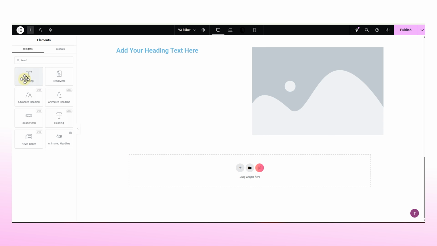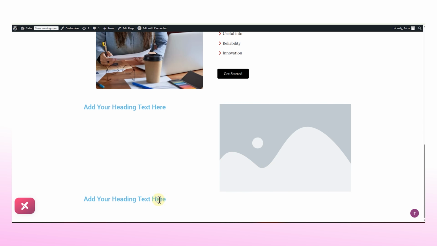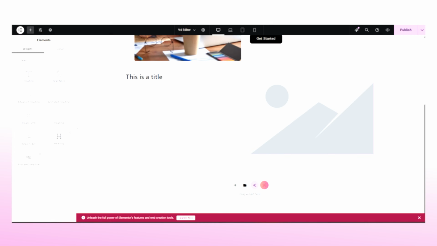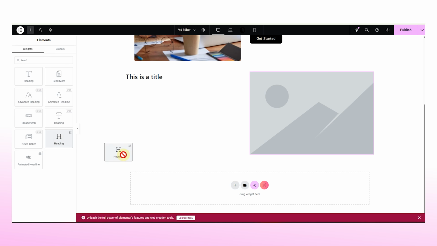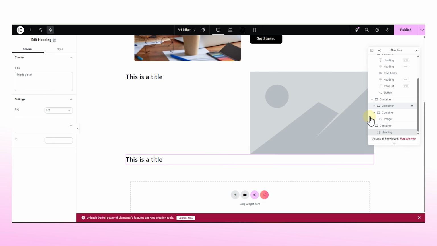In v3, pages are heavier because widgets had bulky code and multiple nested layers: sections, columns, and inner sections. In v4, everything's cleaner. Widgets are now atomic, built with a single, lightweight HTML wrapper, and layouts use just Flexbox containers and div blocks.